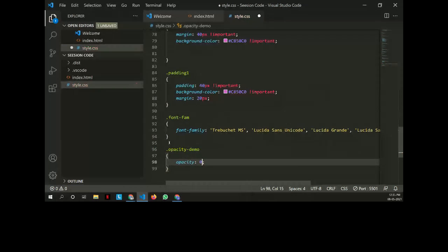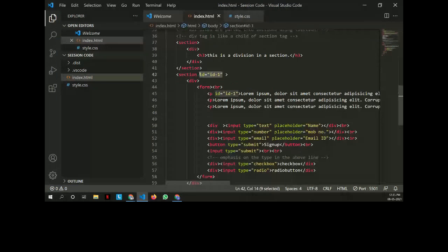If I write opacity as 0, then I think the whole div will be opaque, like it won't be visible. I'll just add it here once and check. So guys, as you can see, the whole div has vanished because we wrote opacity as 0. It actually hides the whole section, but it has left the spaces here. And I can still select here, my cursor is of the select type, like I can highlight something. So that is the opacity property for you all.